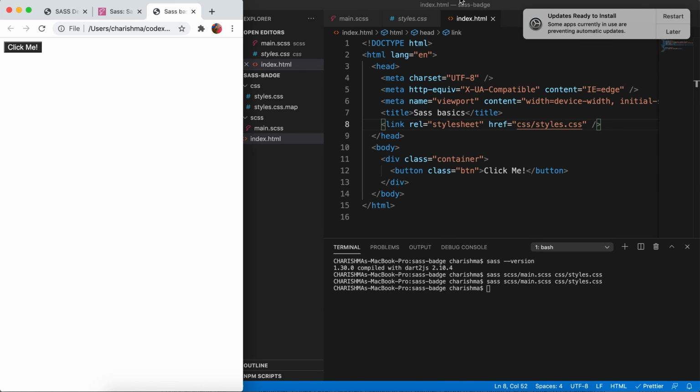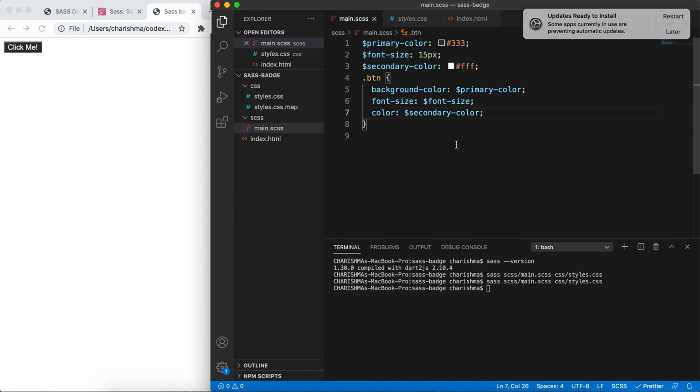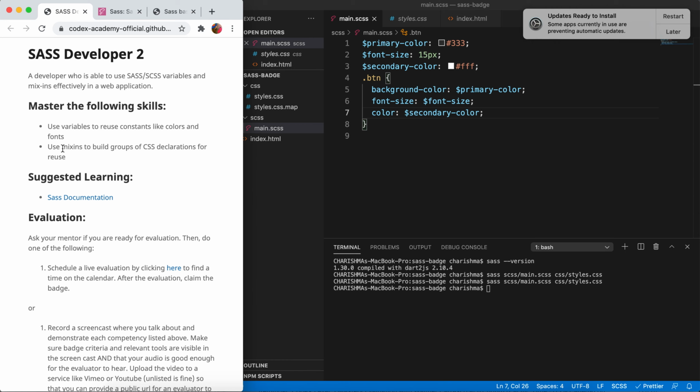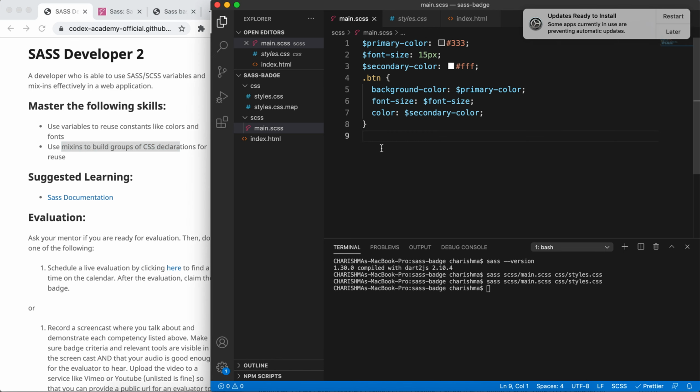It says click me. Now what we are going to do is make a mixin. This mixin is going to make some rotation on our button. Okay, let's see how we can do that. For that, we are going to use a mixin. To use a mixin, the syntax is going to be just like that, and we have to name the mixin. Let me say transform. Okay, I'm going to transform my button